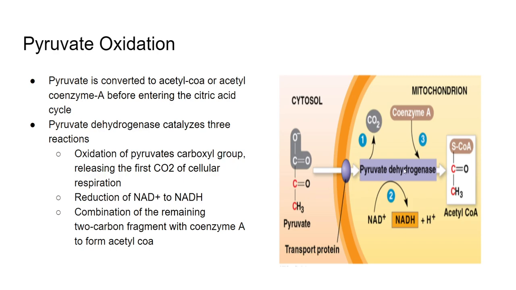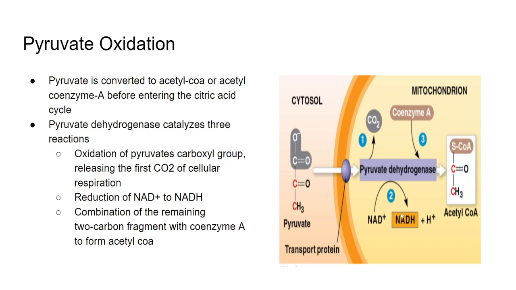We're going to take this enzyme, the pyruvate dehydrogenase, which we talked about earlier. It's going to take a hydrogen and give it to this NAD+. It's going to reduce NAD+ and turn it into NADH. And if we're going to reduce something, then we're going to oxidize something at the exact same time too. So we're oxidizing pyruvate. Pyruvate's going to lose the carbon dioxide, and we're oxidizing pyruvate by taking away the hydrogens and giving them to